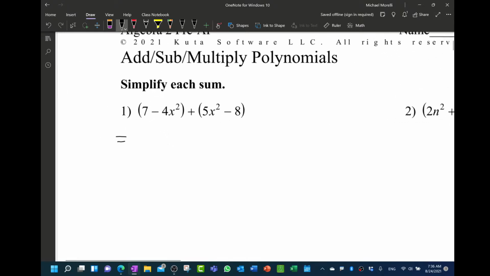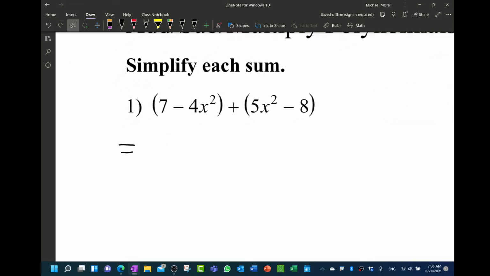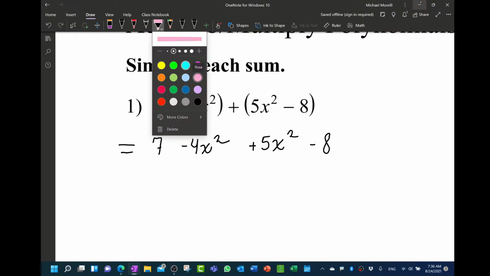Let me zoom in here for you. And now we're just going to write it out like this, 7, and then we're going to put minus 4x squared plus 5x squared minus 8. And now I'm going to highlight the common terms because that's what we're going to combine